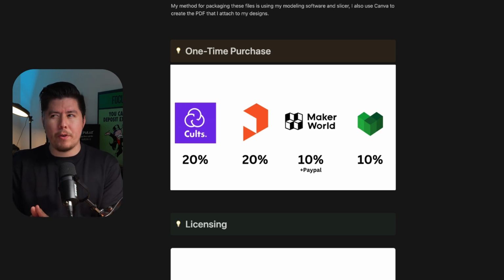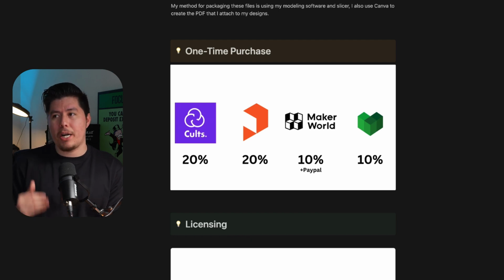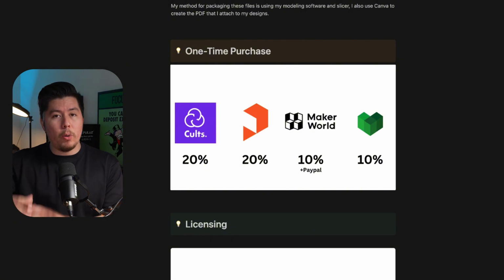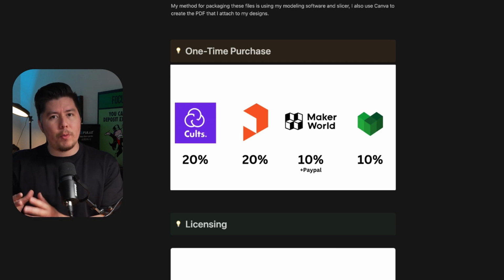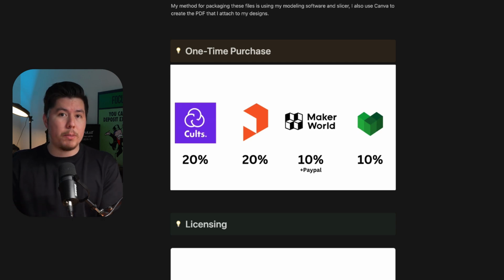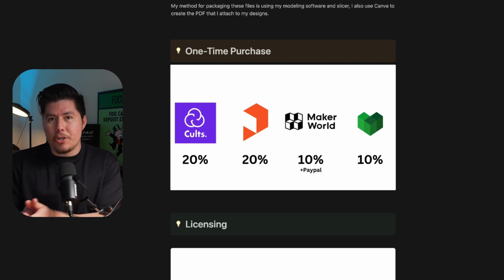And now moving forward, if I were to offer one-time files, it would have to be a file where I charge a little bit more than usual, only because of the amount of time it takes to upload. And there's a couple of places where you can upload your designs. You have Cult3D, you have Printables, you have MakerWorld, you have Creality Cloud. All of these platforms are great for one-time purchases. And yes, I know some of them have memberships, but my point here is that if you're designing and you're just starting out,